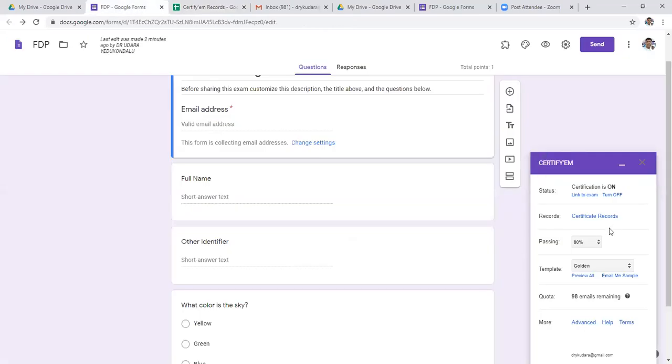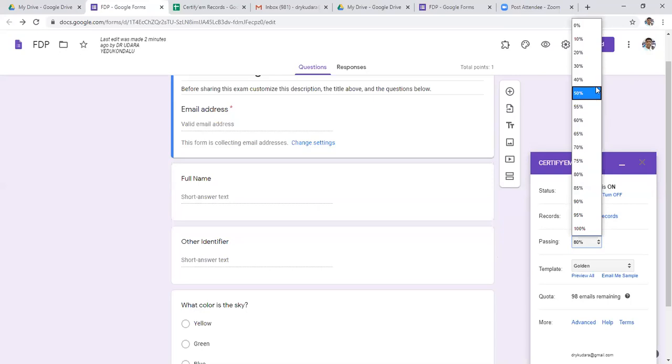Then coming to the quiz. When we conduct the quiz, suppose there is a cutoff mark, some 20% or 40% or 60%. Based on our requirement, we can set the percentage. If there is no pass percentage, we simply put 0%. If the pass percentage is 50%, we set it so. Whatever percentage we want for getting the certificate, we can set here.